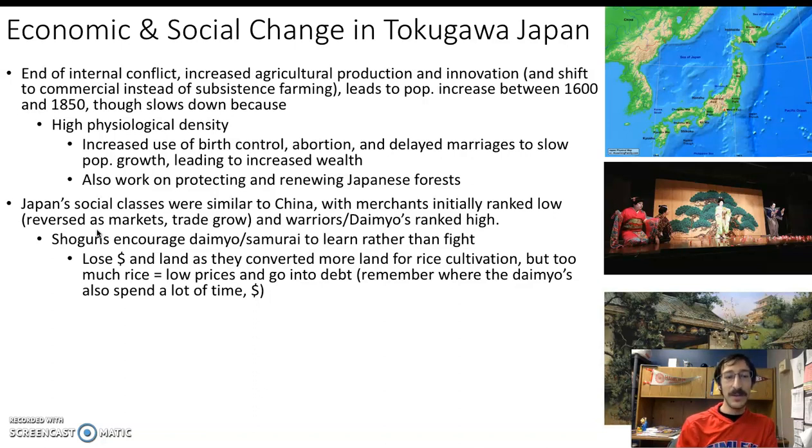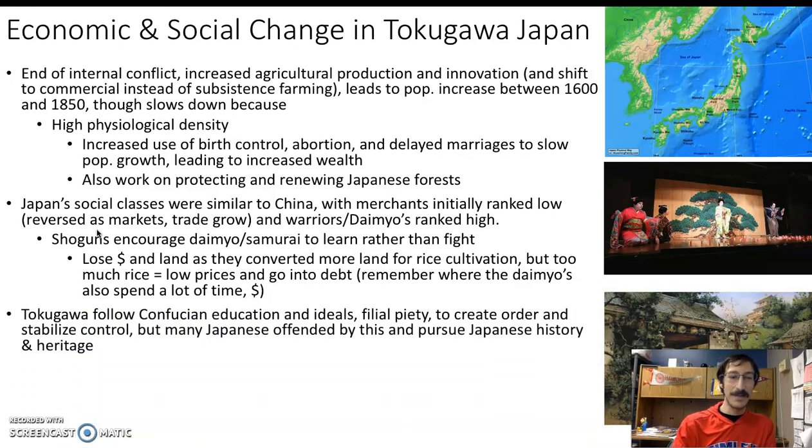So a lot of them end up losing a lot of land and money because the more land they're converting to rice cultivation, now there's too much rice, so low prices means that they go into debt and then they have to sell off a lot of their money. And a lot of the daimyos are spending their money on these lavish locations in the capital to impress other daimyos, the shogun, and the emperor. So splitting their money in so many different areas leads to a lot of them going bankrupt and essentially losing their status. At the same time,